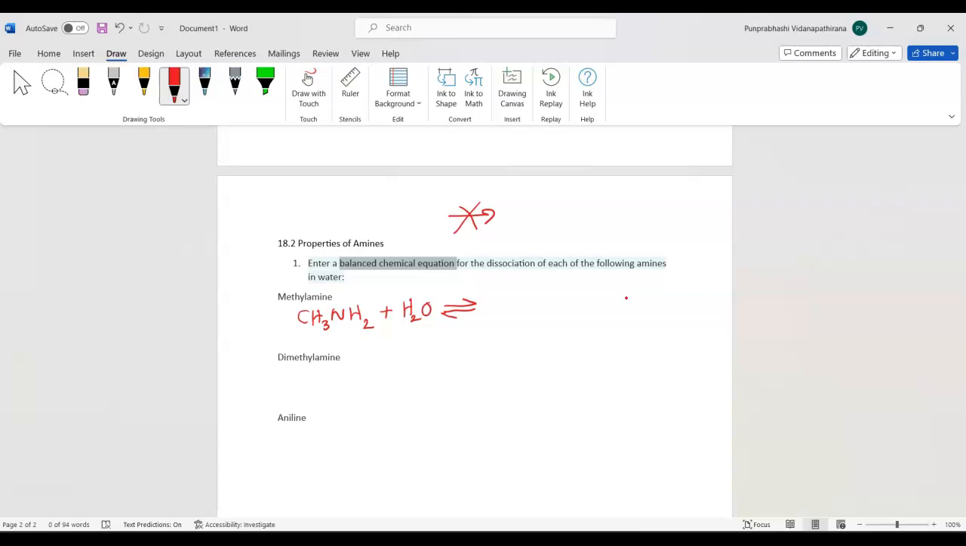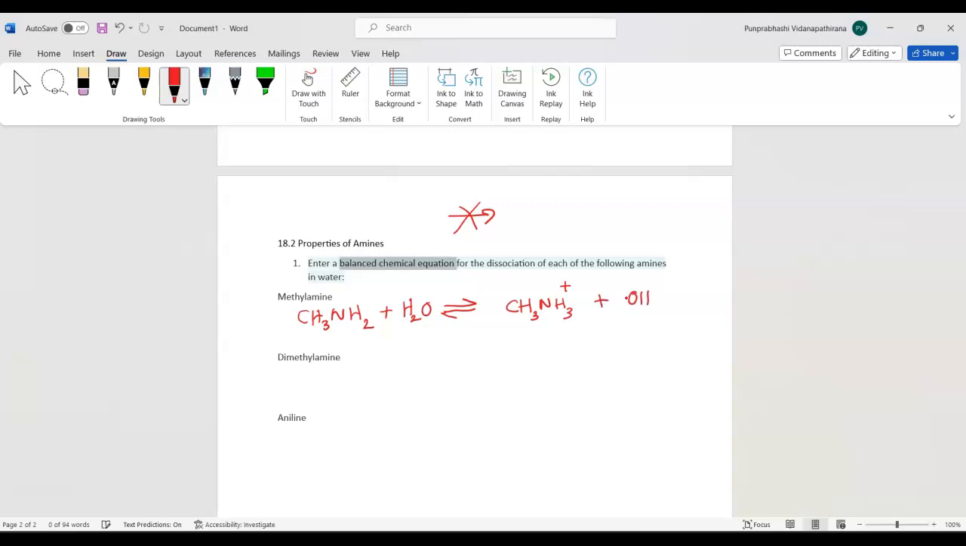So what is the product? Now remember, a proton is abstracted by the nitrogen atom. We have discussed this in the lecture video. If you didn't get a chance, you need to go back and listen to the lecture. So, CH3NH3 plus